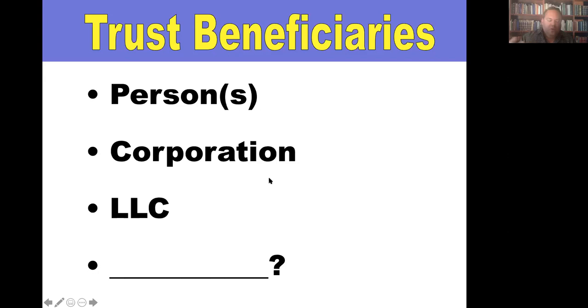By the way, who else could be the beneficiary of a trust? Can we have another trust be the beneficiary of the trust? Yes. So for example, if you have a land trust own your principal residence, can we have your living trust be the beneficiary of that land trust? That way we get anonymity on your home, plus the benefit of estate planning and avoiding probate on the living trust underneath. That's a good way to do it.